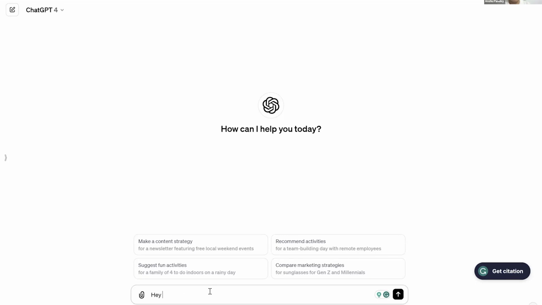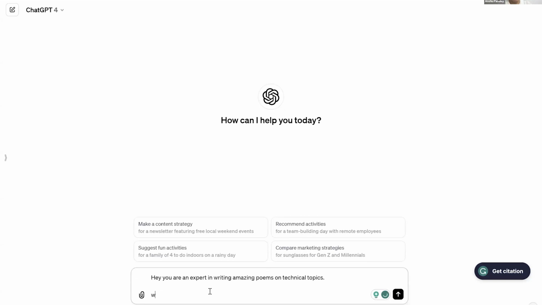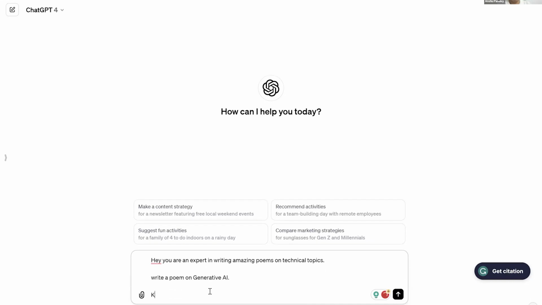Hey, you are an expert in writing amazing poems on technical topics. Write a poem on generative AI. Give language and words simple, easy to understand.